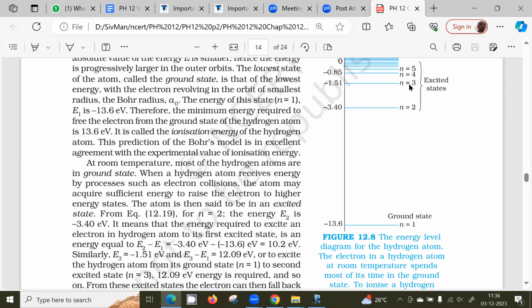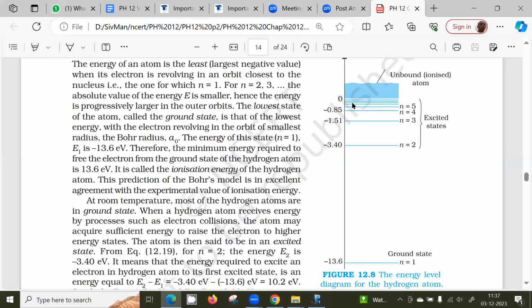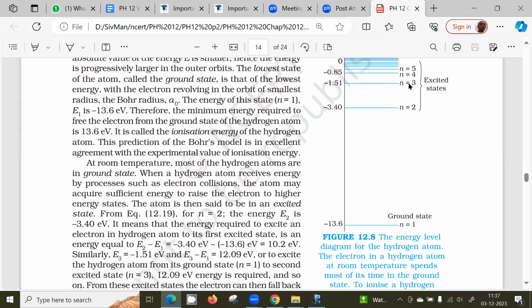So next will be, if I put n equal to 3, 13.6 divided by 9, so it's approximately minus 1.51. And next is n equal to 4. So one thing you have to realize is this gap is more. After that the next gap is less. Next gap is less. So E equal to 0 corresponds to very large value of n. So when the electron makes a jump from the outermost orbit, n equal to infinity, to its ground state, the energy difference is maximum. So that will correspond to the maximum frequency of the photon.